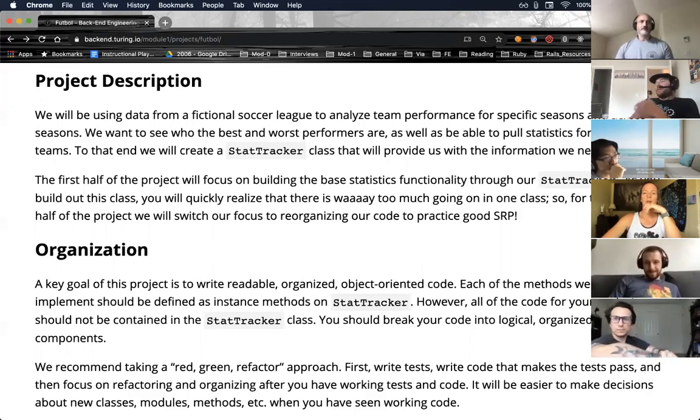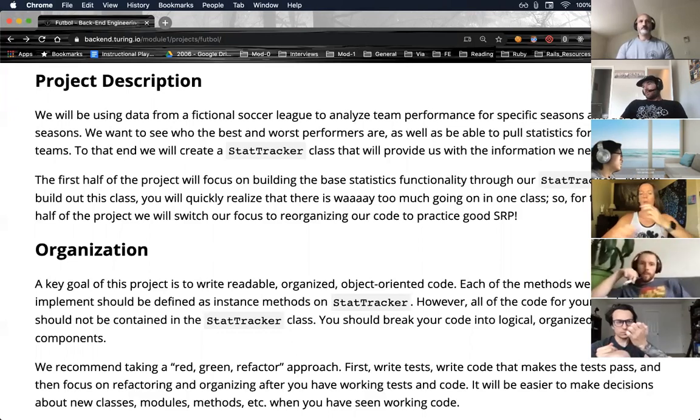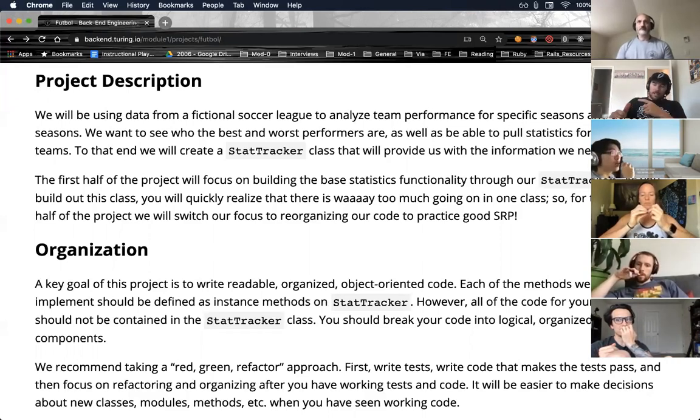So the majority of these methods, it's going to ask you to have these methods live on the stat tracker instance, but you'll soon find very quickly this class starts getting very bloated, very long, super quick. So I'm not saying wait on the design until the very end of the project and don't even think about it until then. I'm saying here are a couple of days where that's the only focus, whereas the focus of the project as a whole, including getting the methods done, including thinking about how you're going to design this, is for that first half.